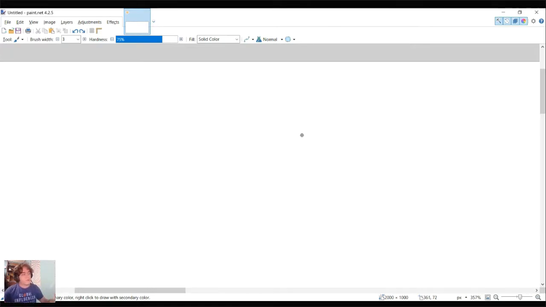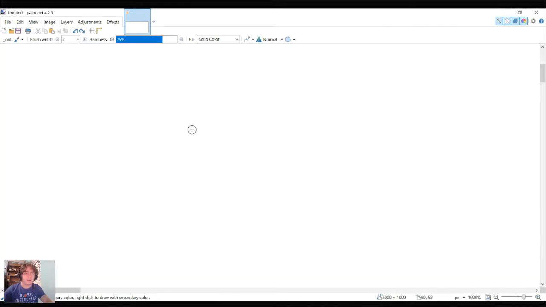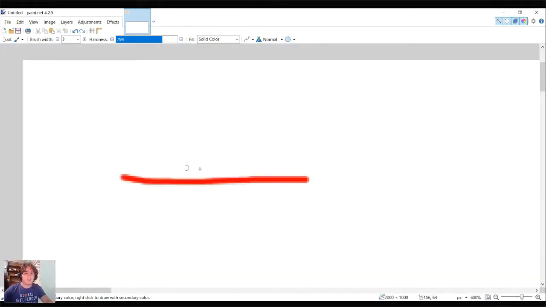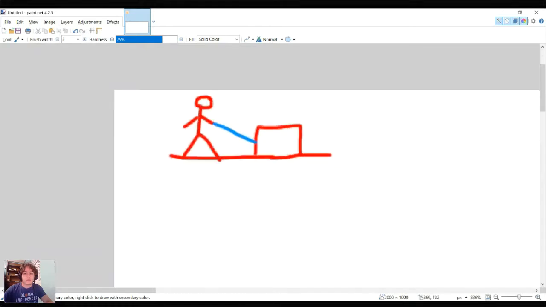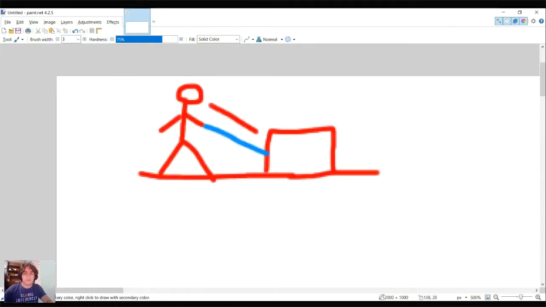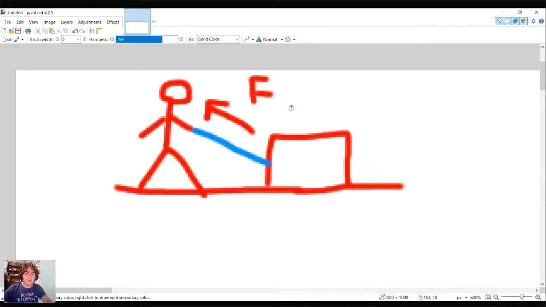So everyone sort of has a vague idea of what energy is. If you think about, let's say, a man, a very poorly drawn man. Let's say he's pulling a box, and here's his string that he's using. And he's pulling the box with some known energy, some known constant energy, or may be constant, may not be constant, and